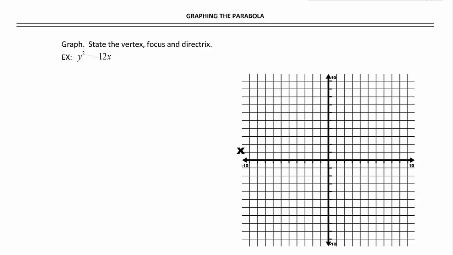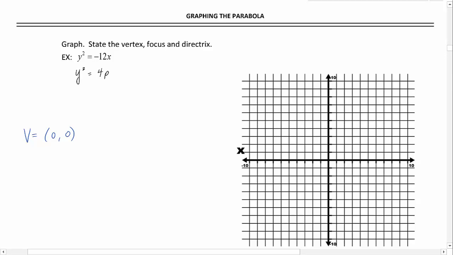I also notice that I don't see any parentheses. That tells me that my vertex is located at the origin. So with all these conic sections, if there aren't any parentheses, that means that the center or the vertex is located at the origin. We want to get our equation written into our standard form, which would be y squared